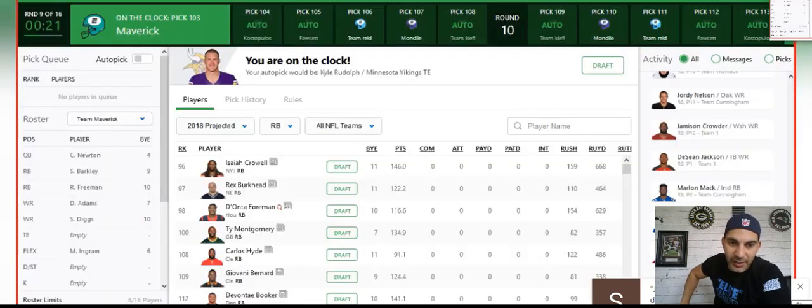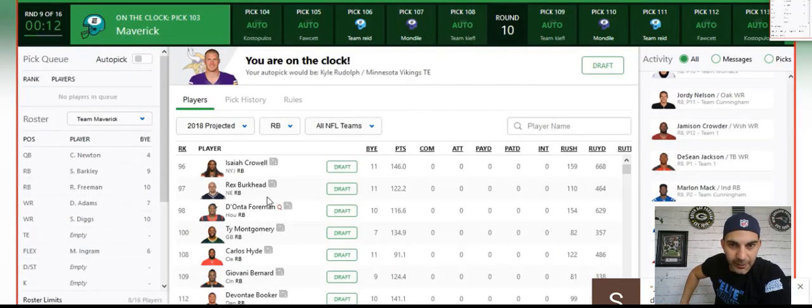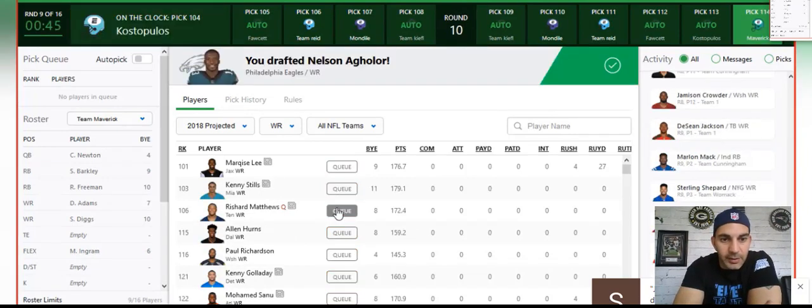But we already got the other guy. Oh, we already took another Dolphin. I want to leave this up to you. It's your tool here, pick somebody that you like. Let's go get Nelson. We'll go get Nelson. There he is. Boom. Nice. He'll be safe